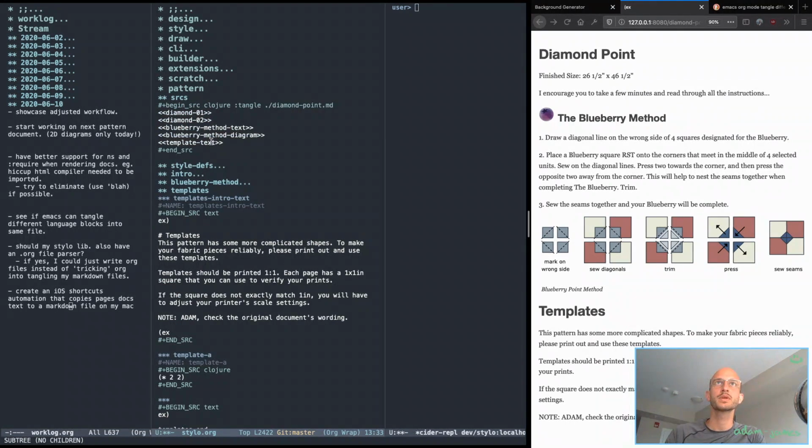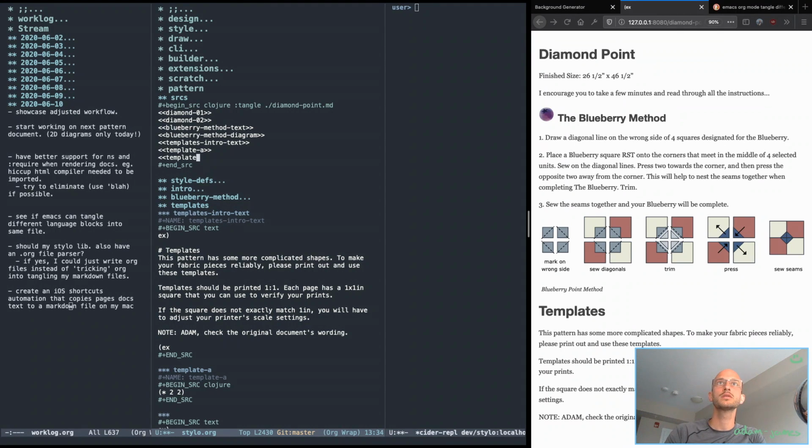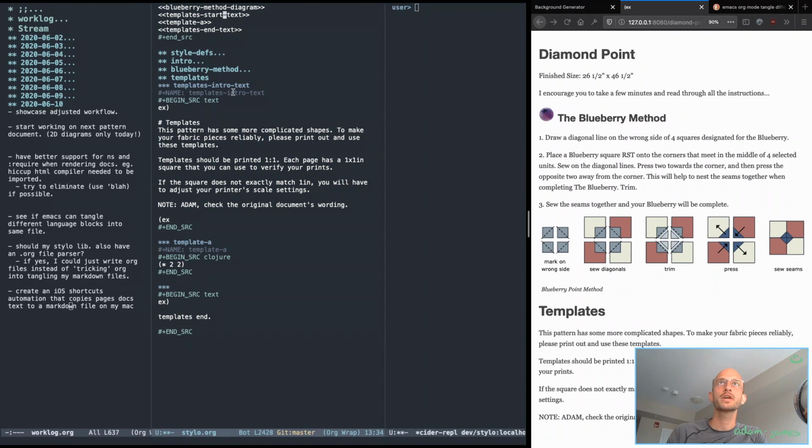Templates intro text, template A follows, and then templates close text. Start and end, sure. Okay, templates start text. Here at the end we've got templates end text. Start text, end text. That'll work. Name, templates, and end text. Okay, a little convoluted, but we've got the close tag here and the